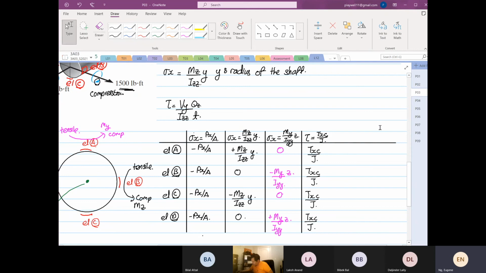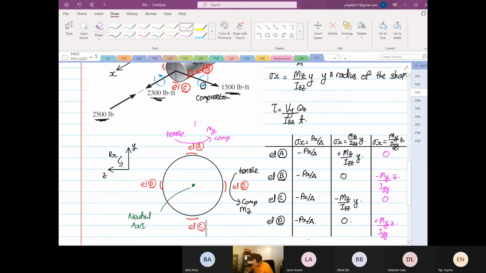In pink. Okay, so now, what if we have a Vy? The shear stress, I'm going to write in pink. The shear stress is equal to Vy over Izz, Qz over t. Okay, so now if we have a Vy,